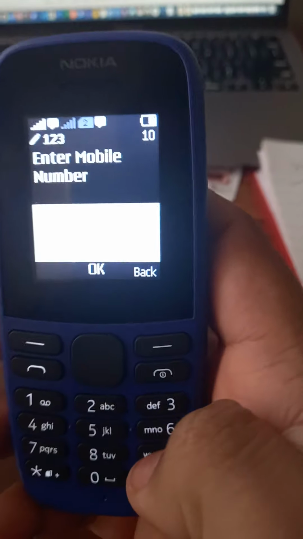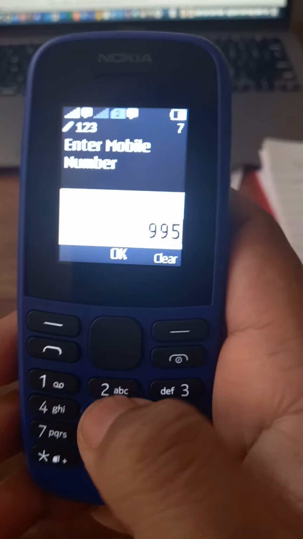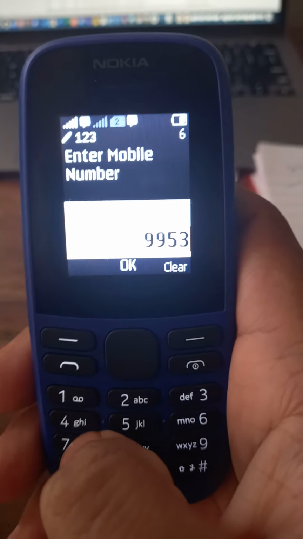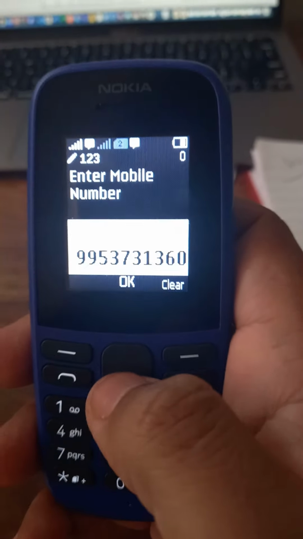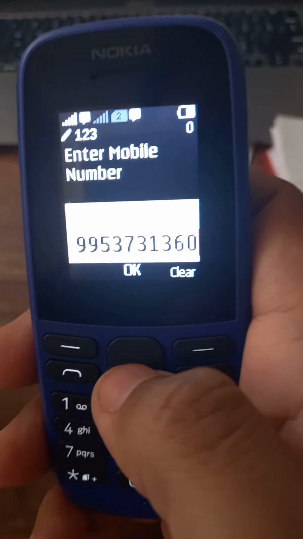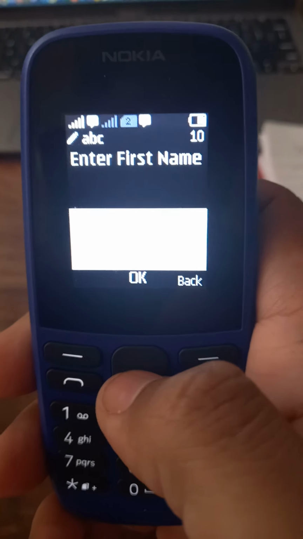Now the registration process starts from here, entering the mobile number. This mobile number should link with the bank account which I am registering.